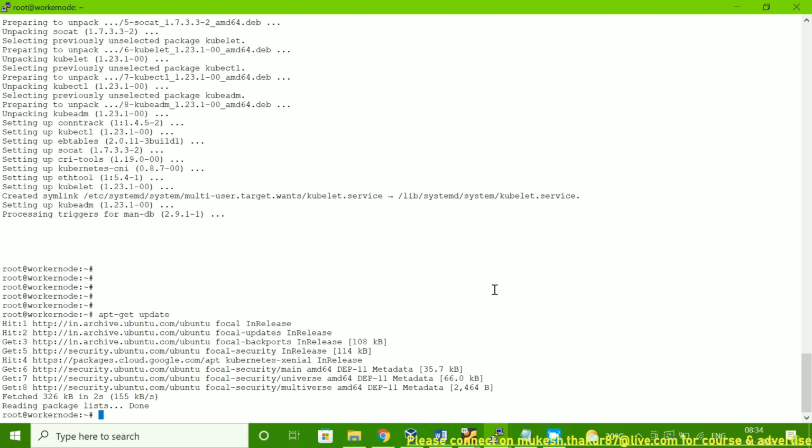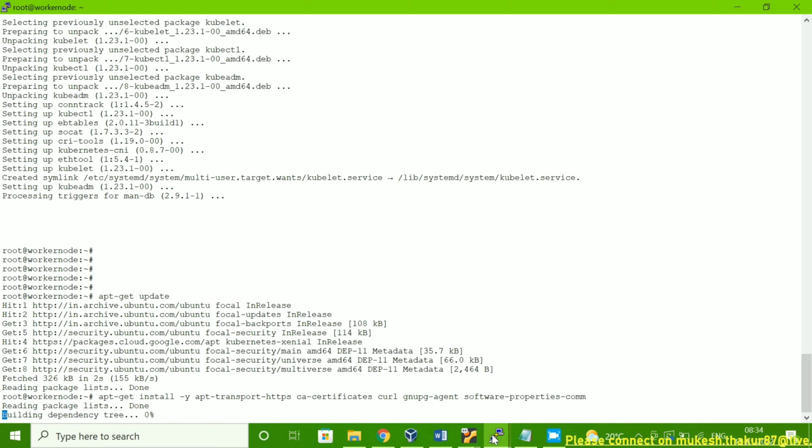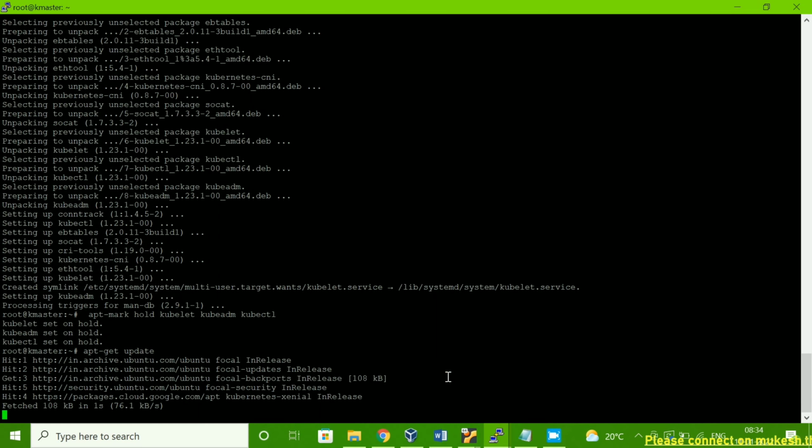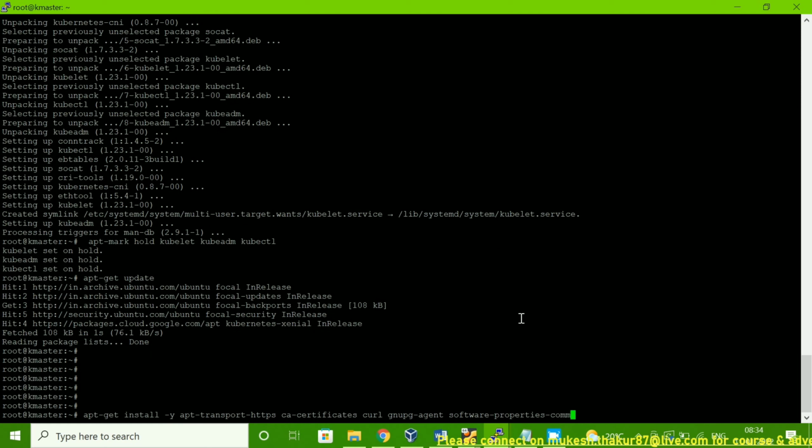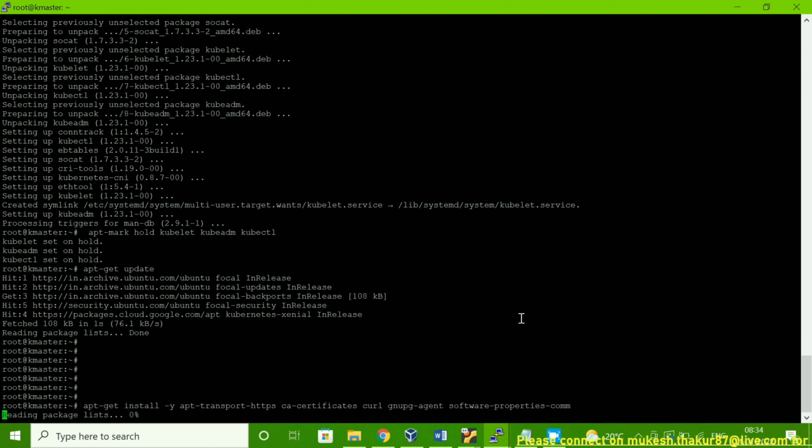Okay, so the worker node is completed. Let me run it on the worker node. The master node is still running, so we have to wait. Yeah, it's done here on the master node also. Now we have to run this command on the master node also.